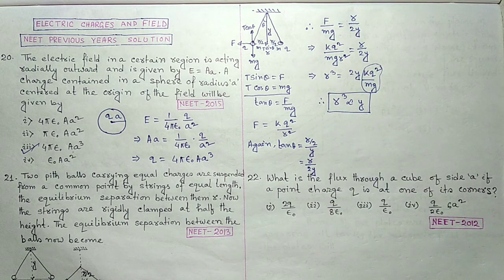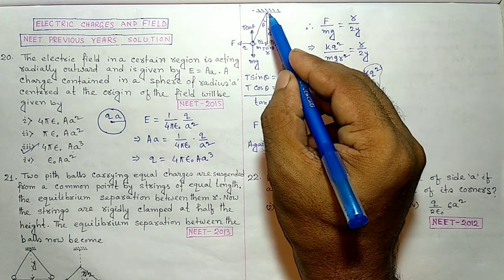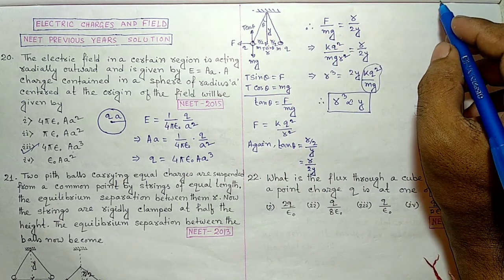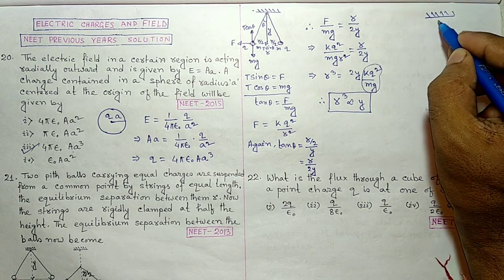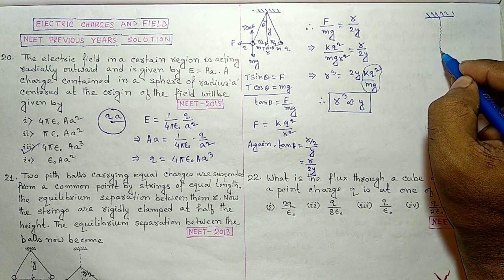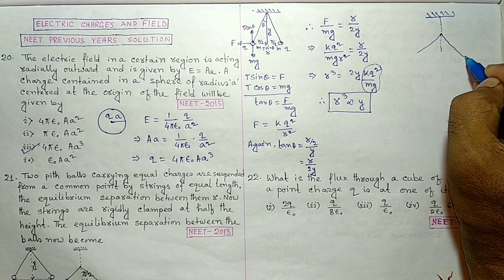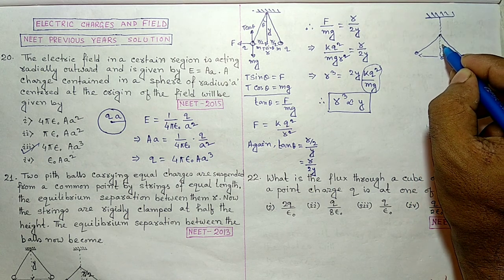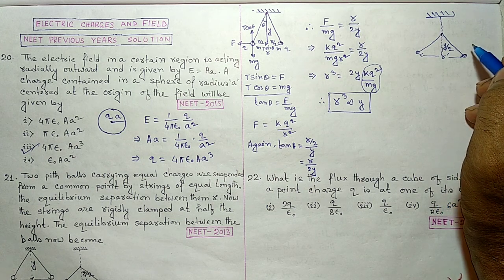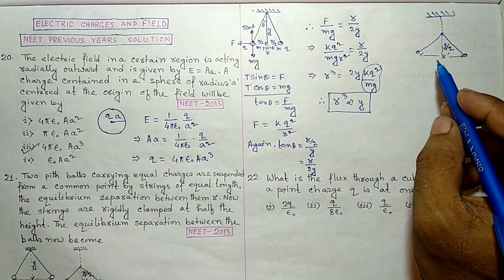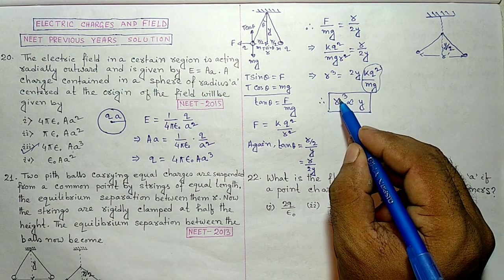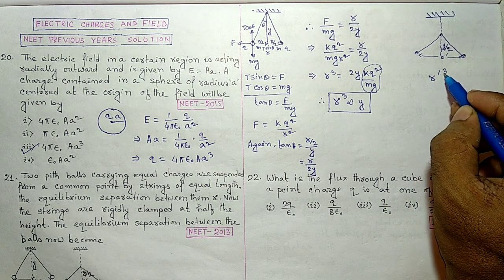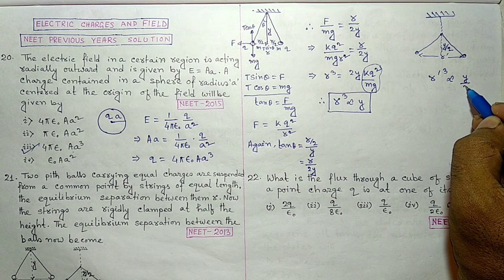And for the second case, if the point goes down to the half height, the case is like that. The distance between them is r dash. Now it is y by 2. In that case, we can write easily here r cube proportional to y. So in that case, we can write r dash cube proportional to y by 2.